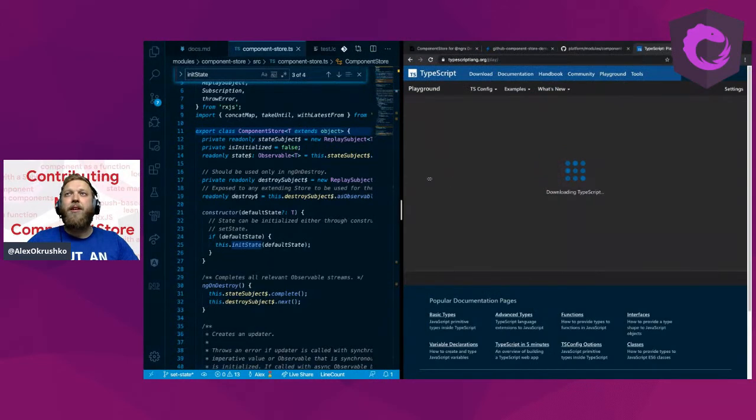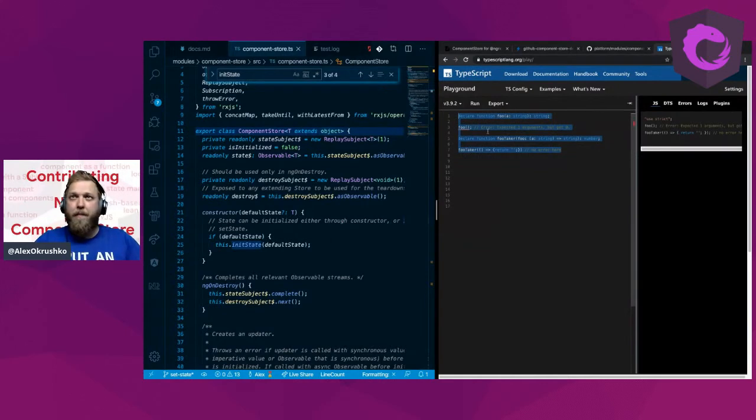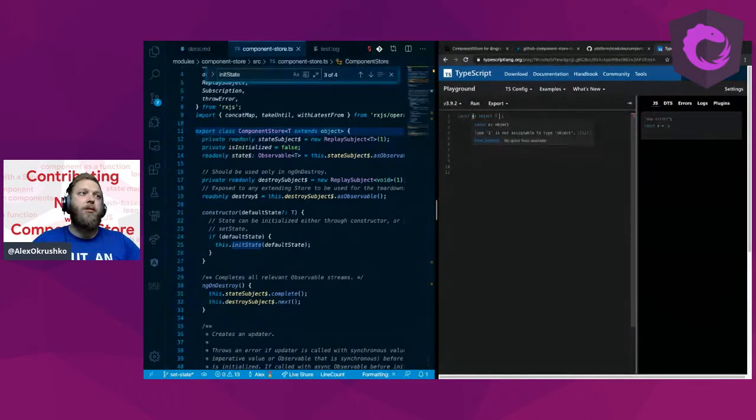I use the playground quite frequently, and it's very advanced here. This is the stuff that I was complaining about. And basically, no, it doesn't take primitives. Yeah, so it should be good, and strings as well. Okay. So this would be only taking